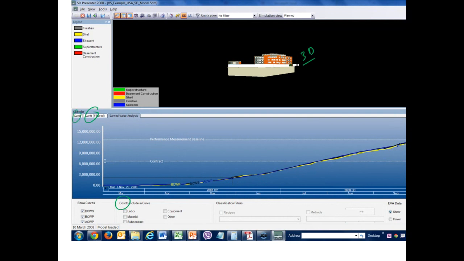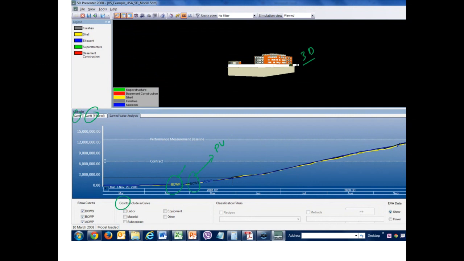So it gives a very good overview, and that's the way we are heading within our industry, trying to integrate these different dimensions so that we can have better control over our project. Right, so we may explore it in a bit more detail, but here you can see the three terms which are often used very frequently when we talk about monitoring, and these are basically three different lines. The first you can see is budgeted cost of work scheduled, which is also referred to as the PV line,